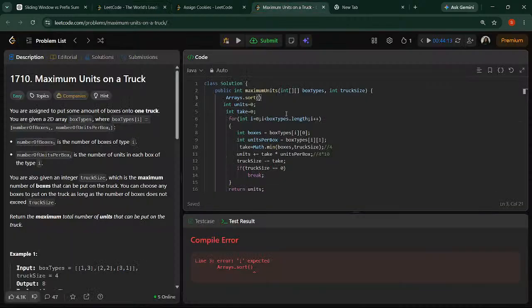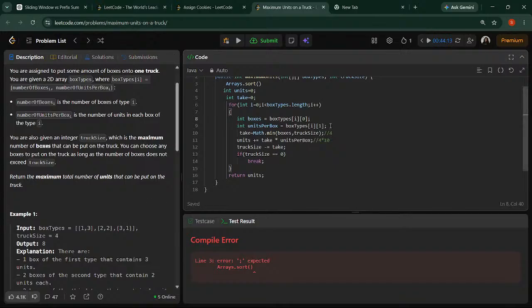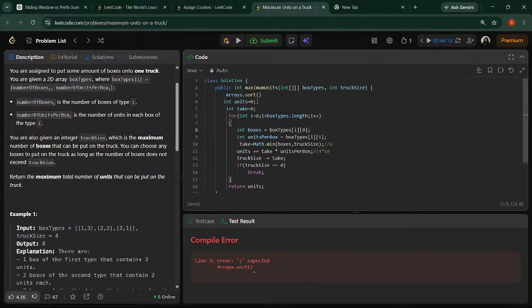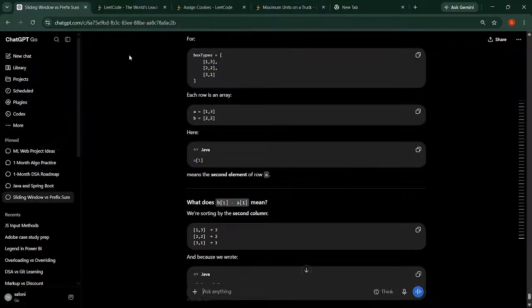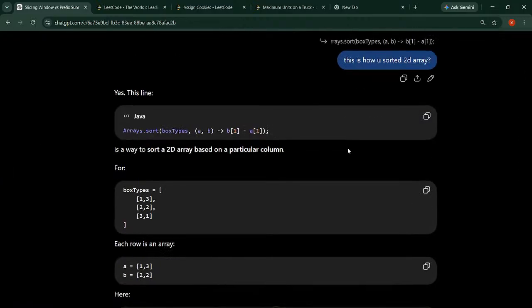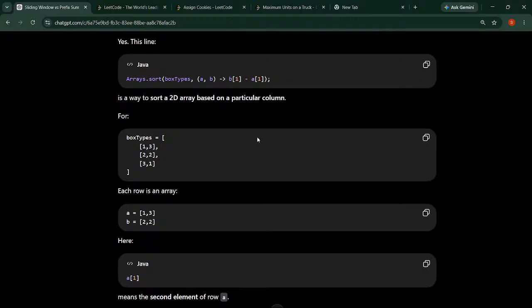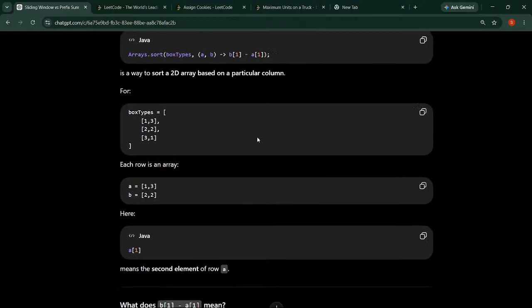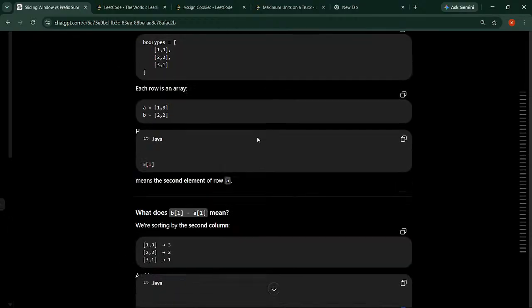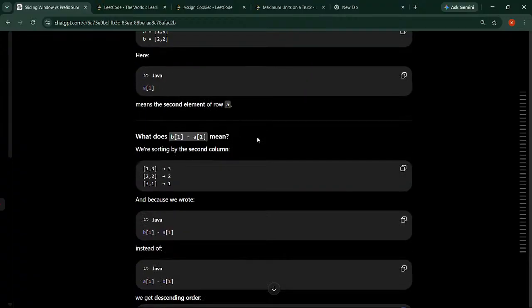There is a question right here. We got 0 comma 0. I really need to ask ChatGPT what it has done with this line. It is a way to sort a 2D array based on a particular column. Each row is an array, meaning the second element of a row A. We are sorting by the second column. And because we wrote B1 minus A1,